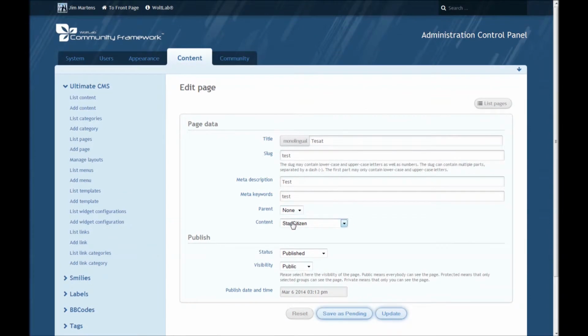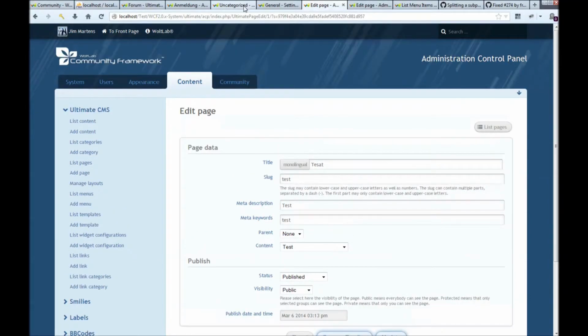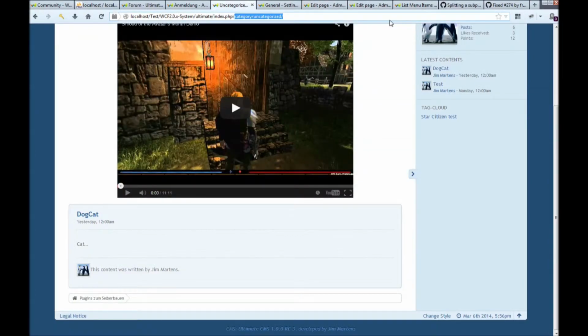Alright, Star Citizen is the content we've attached with it right in the moment, but let's do it to test. Well, the meta description determines what appears in these meta tags, same with meta keywords. This overrules whatever you've written in the corresponding fields here in test. The slug determines how you can access the page. Here, let's just look here at test,